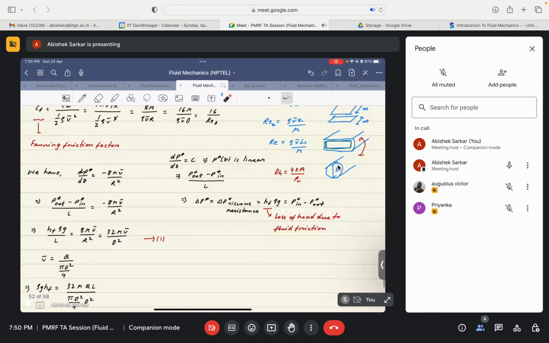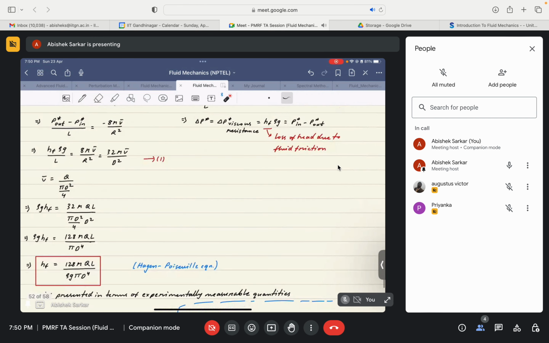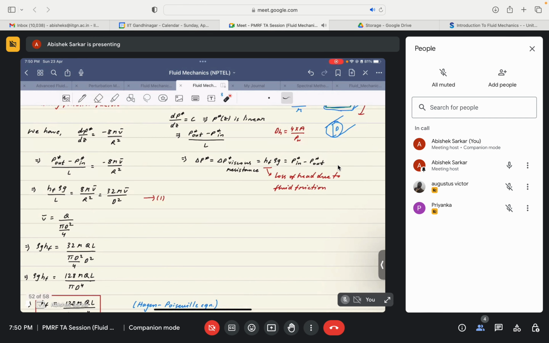So, head loss, I guess the concept of head loss could basically be said as an equivalent drop in the pressure head because of the work that the flow has to do to overcome the presence of viscous resistance in the pipe flow. Okay, and the expression for HF is given in terms of